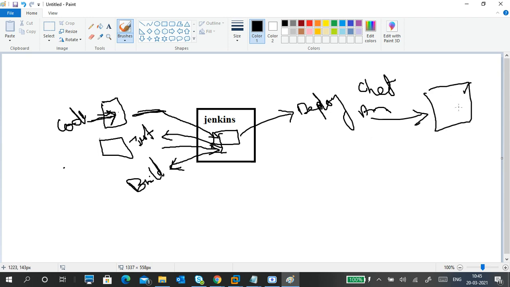Now it is deployed successfully. Then if you want to monitor it, you can also monitor it using monitoring tools, monitor the performance. Now the work is completed.